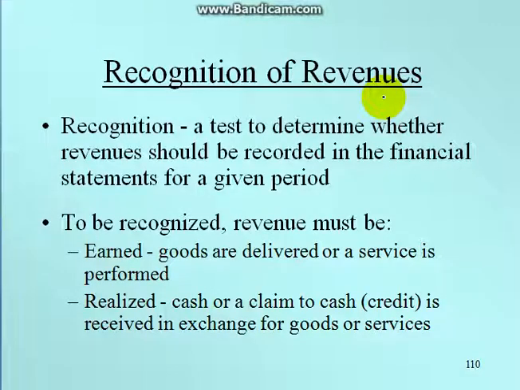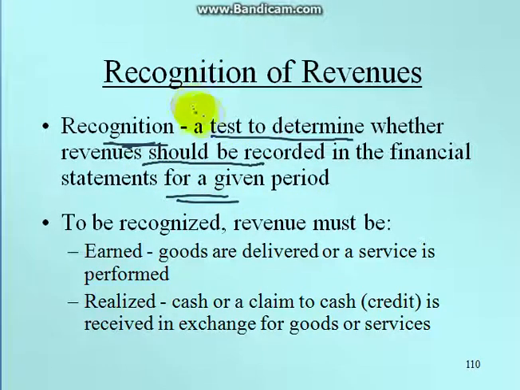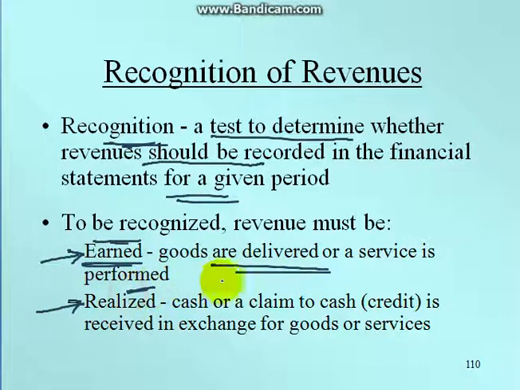So what is the recognition of revenues? Recognition is a test to determine whether the revenue should be recorded in the financial statement for a given period of time. Now to be recognized, revenue must be, first, earned or realized. First, it should be earned, meaning goods are delivered or a service is performed. Second is realized, that is cash or a claim